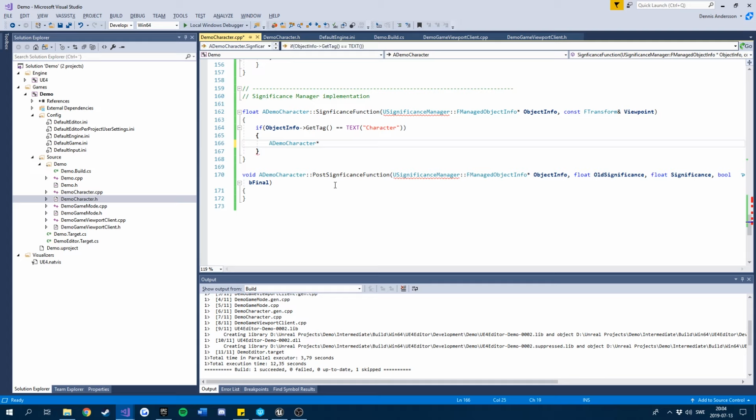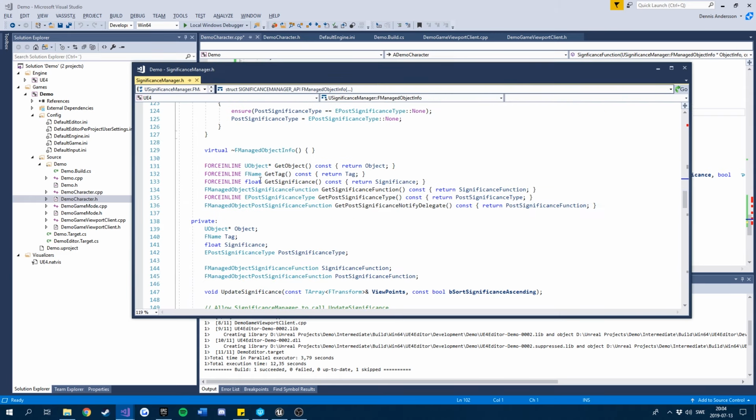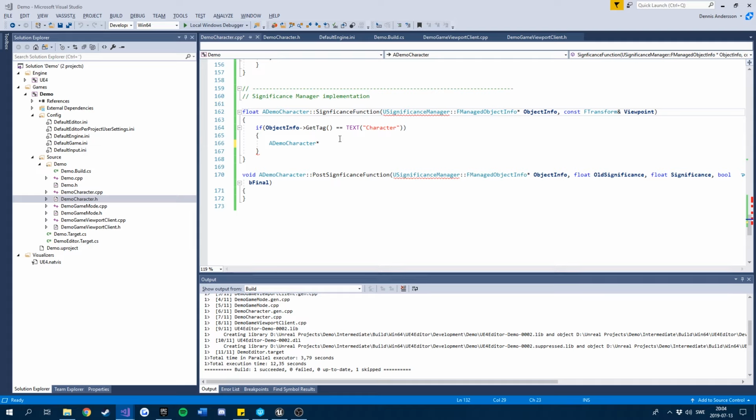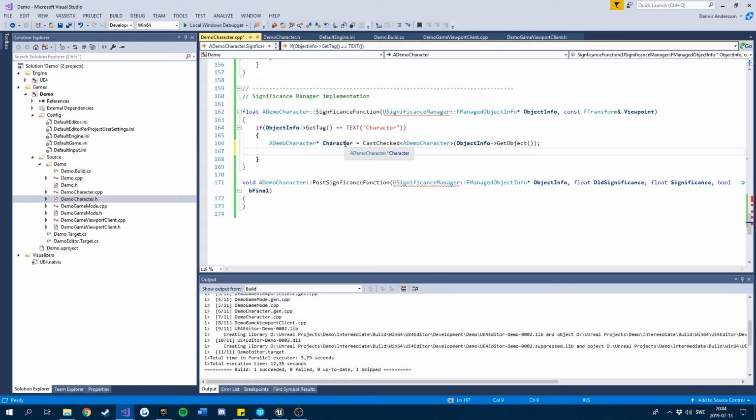You can then get, since this managed object info actually just stores a UObject, we will have to cast the type once we know what to cast to based on this tag that we have. Okay, and then we can actually